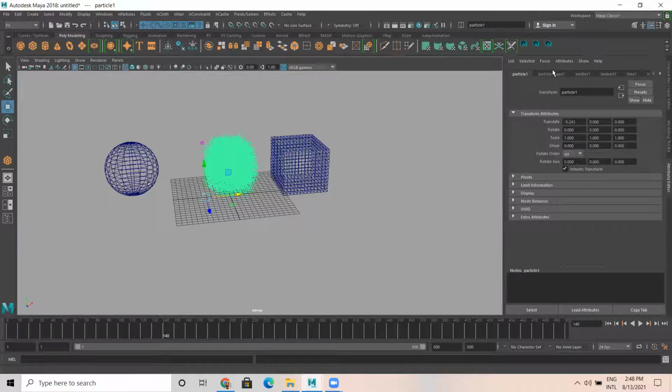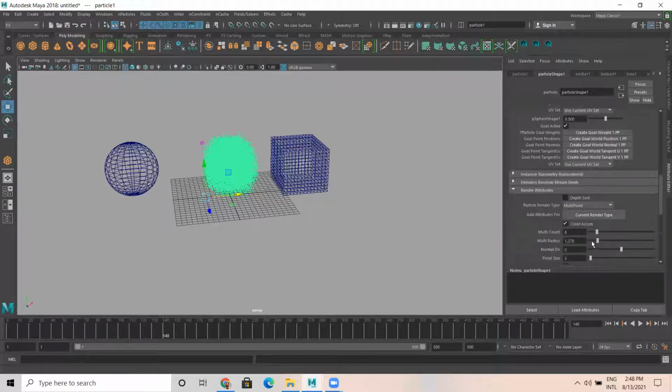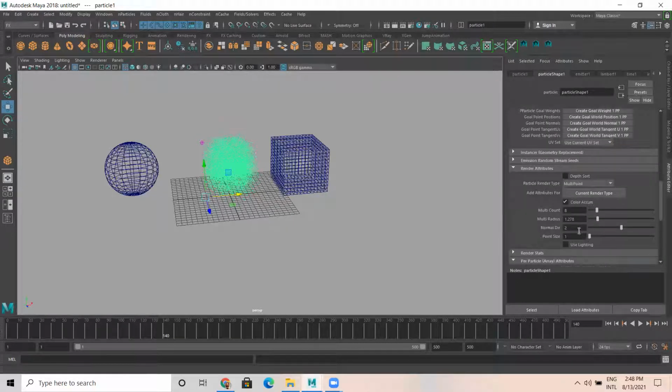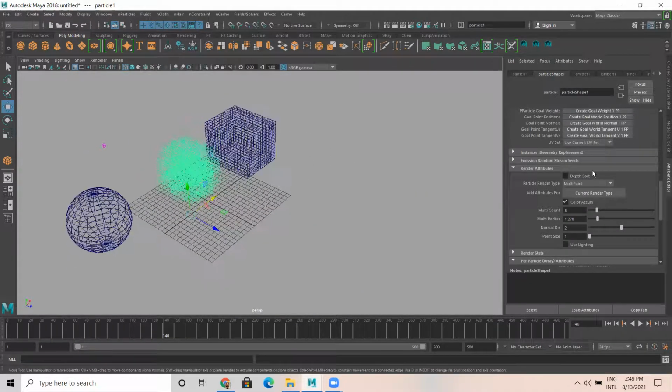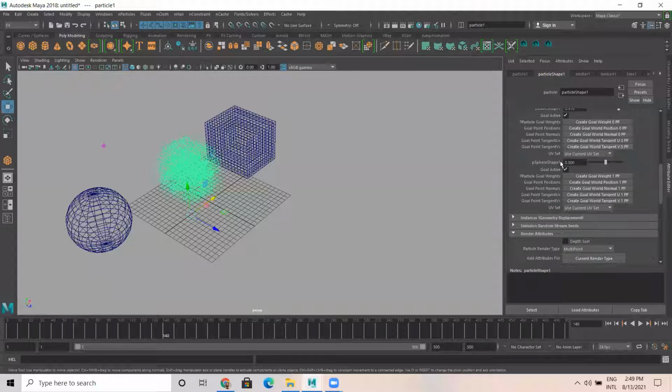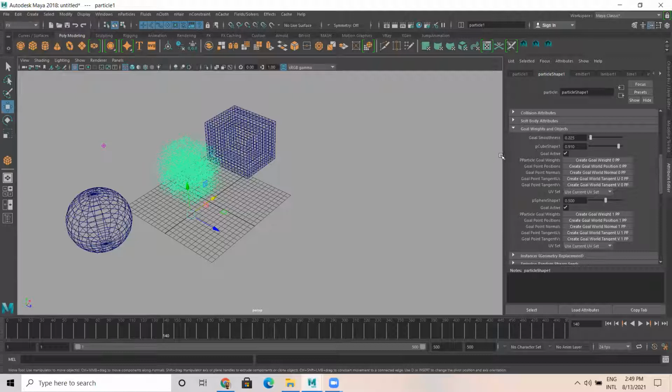You can see here there are two things: one is the polysphere shape, one is the polycube shape.